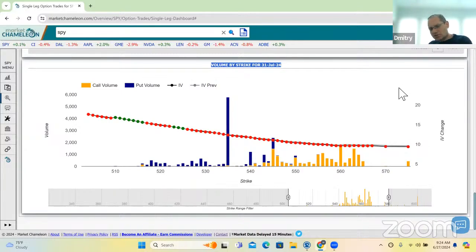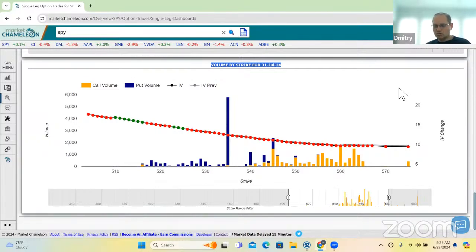In other words, the implied volatility from around the at the money going higher has shifted lower. So based on the trading activity and where the implied volatility is, that suggests there may have been more selling